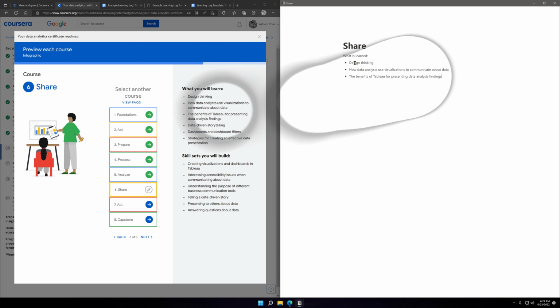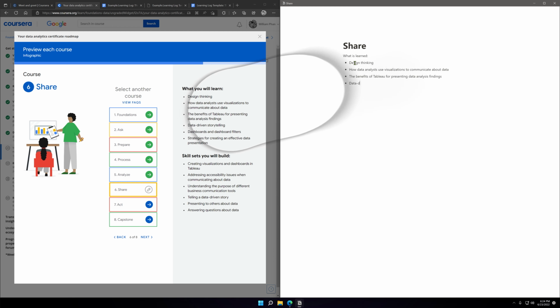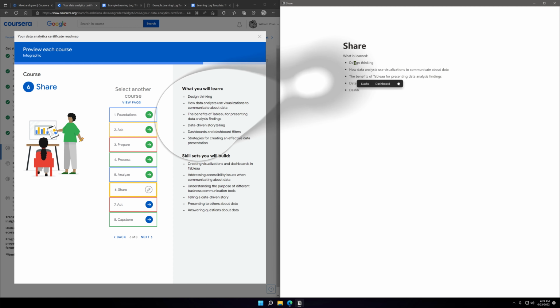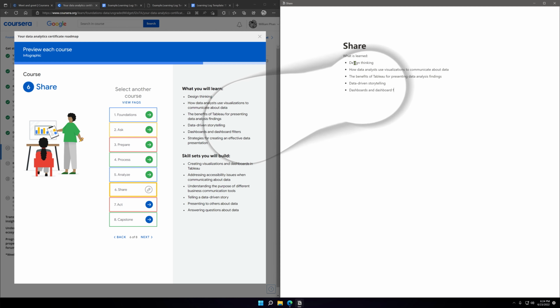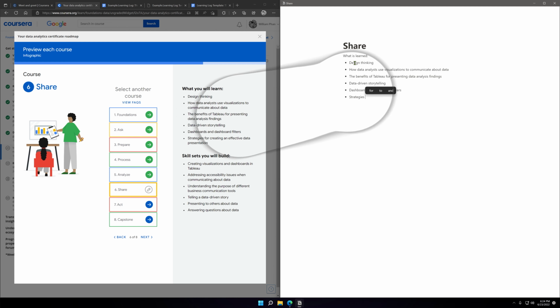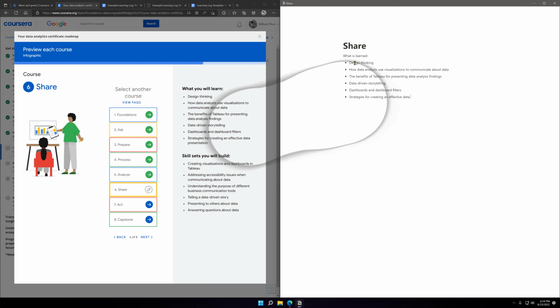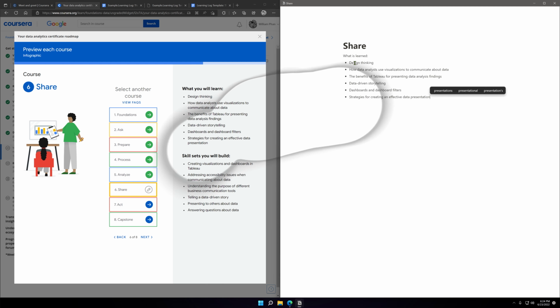Lessons findings. Data-driven storytelling. Dashboards and dashboard filters. Strategies for creating an effective data presentation.